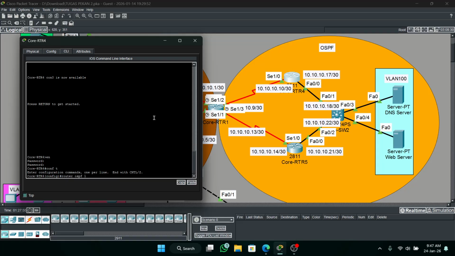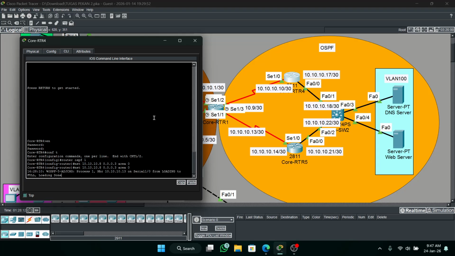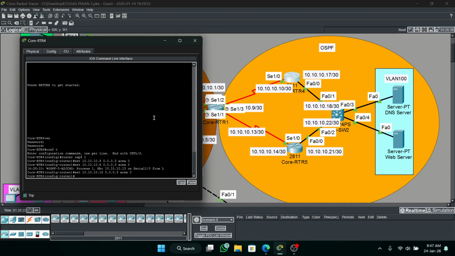Router OSPF 1, network 10.10.10.8, wildcard mask and area 0. Okay, next is 12. Waiting for loading.